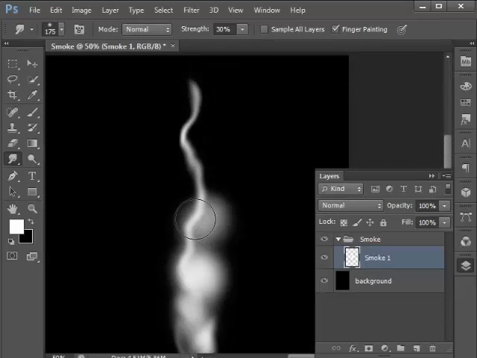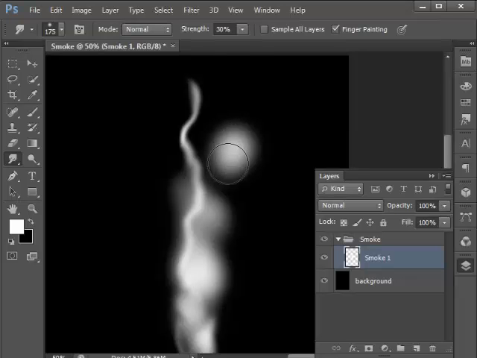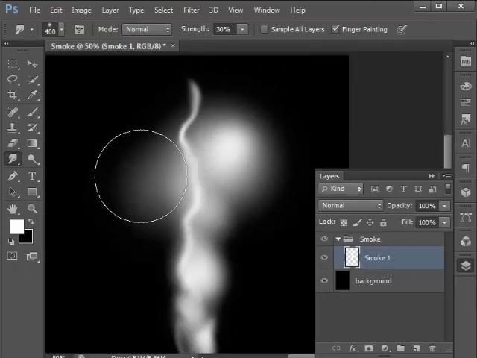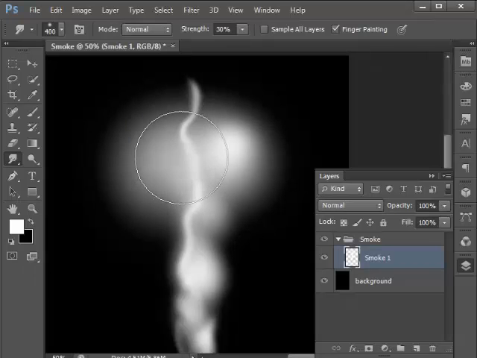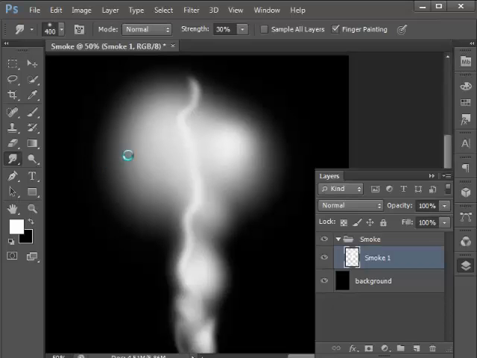Now what I'm going to do here is kind of speed things up, because I don't want this to be a 2-hour video. I want it to be about 25-30 minutes at the most. But you'll want to spend at least an hour, maybe 2 hours or more, working on this to create a really nice smoke effect and make it look nice and realistic. There we go, kind of swirling things around there. And again, you can drop your brush size down. You can turn off the finger painting option if you want to go back to working with